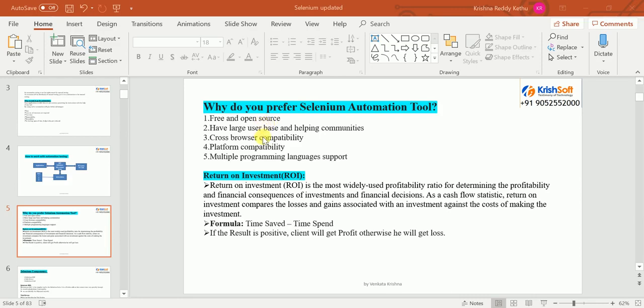And also, second point, it has a larger user base and helping communities. So many communities are there on the internet. Whenever you get a doubt, just search in Google, you are going to get a solution for that. So many are supporting Selenium as an open source base. They are helping the people who are getting issues on Selenium.